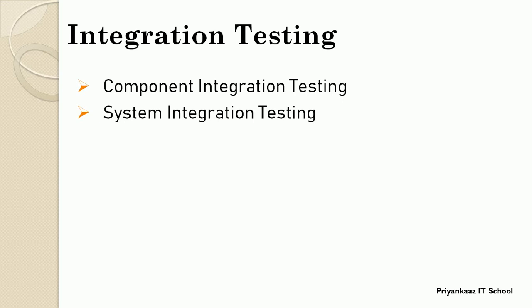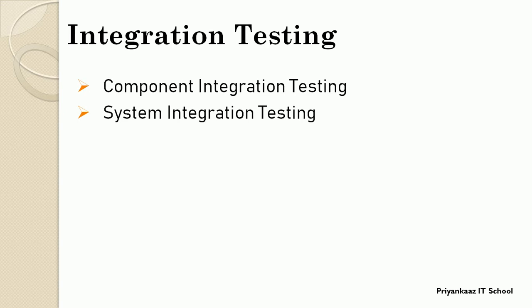So the question is, when can we go for system integration testing? Again, what is the entry criteria for system integration testing? Of course, only after system testing can we do system integration testing, because those two systems should be ready at your system testing level, and then only can we go for system integration testing. Clear? So two systems should be ready, and then we can integrate both systems and test the relation.